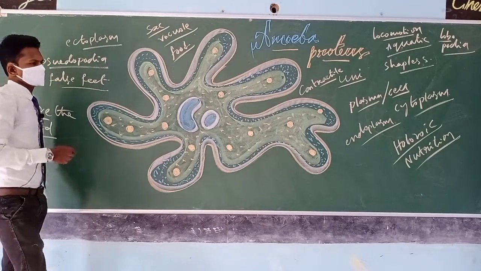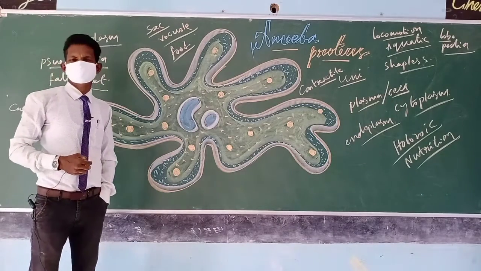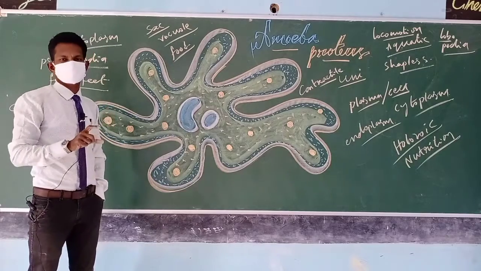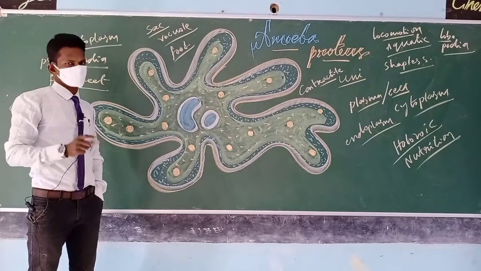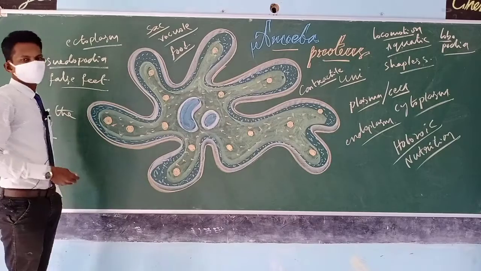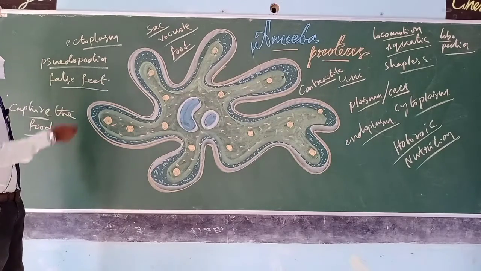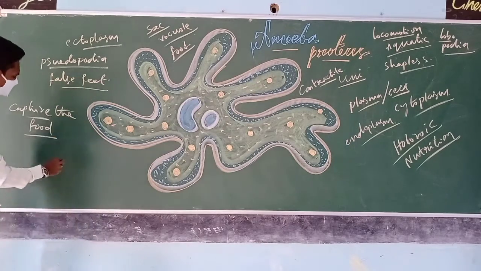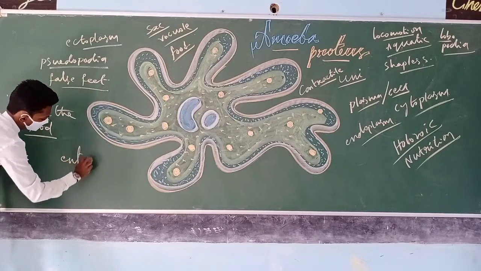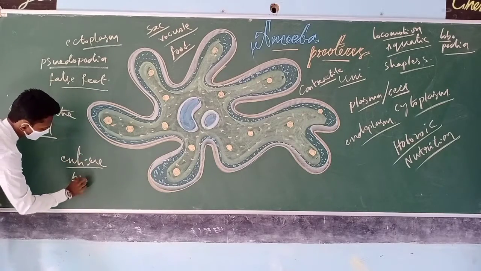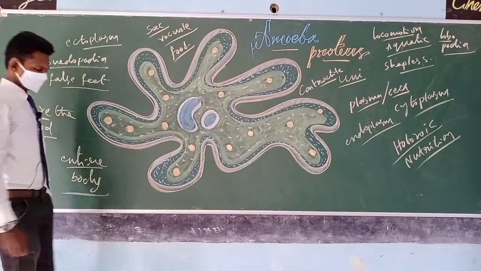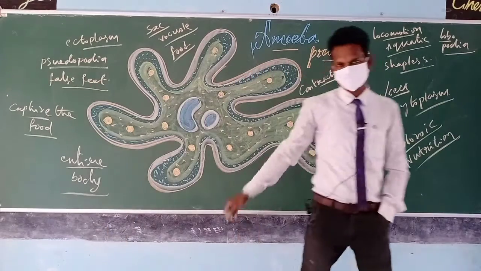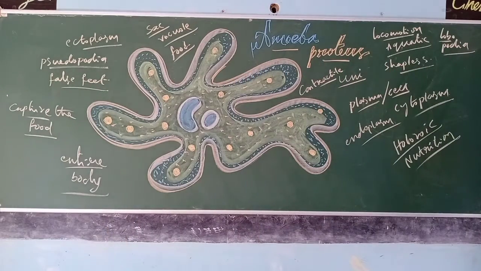This nutrition process is a must for an organism to perform its metabolic activities. Here, holo means the entire or total body is involved in the nutrition process, because this is called holozoic